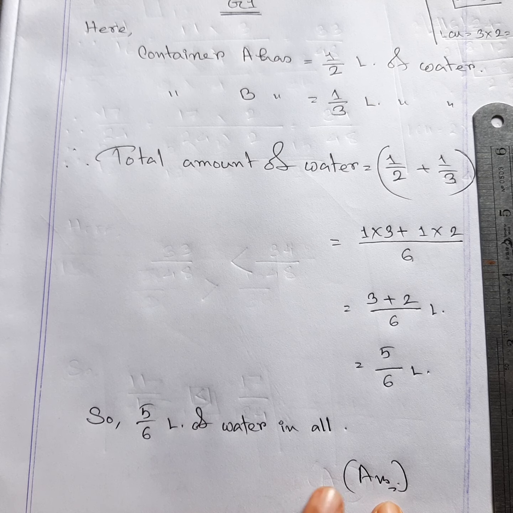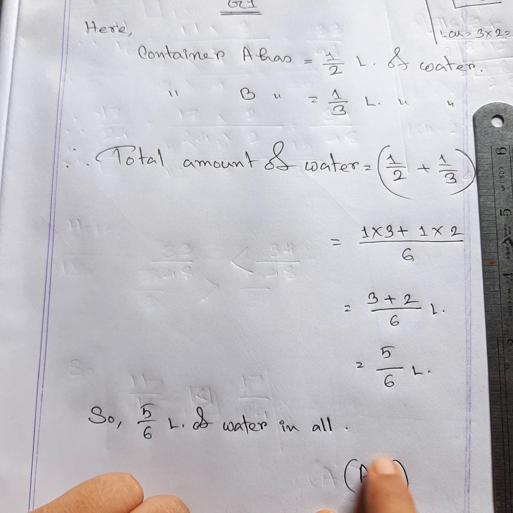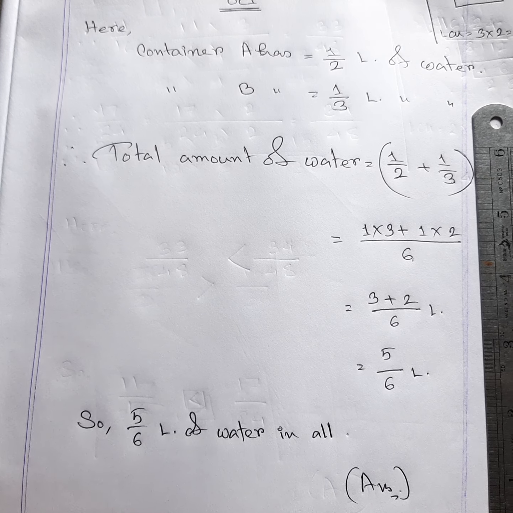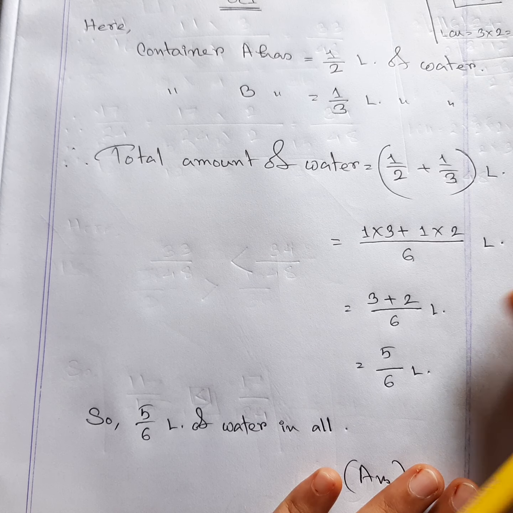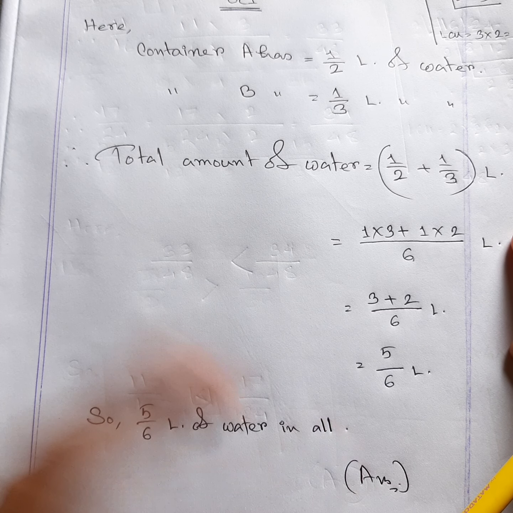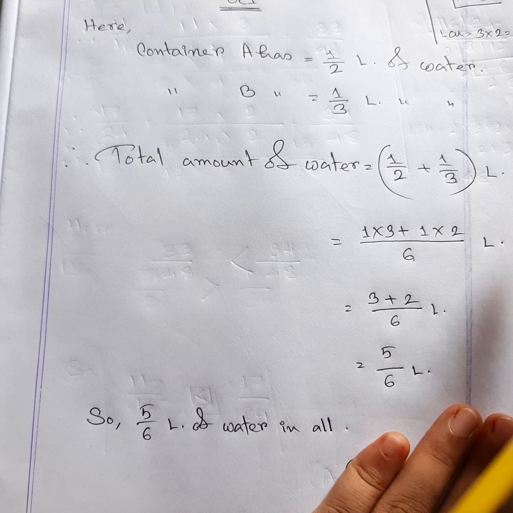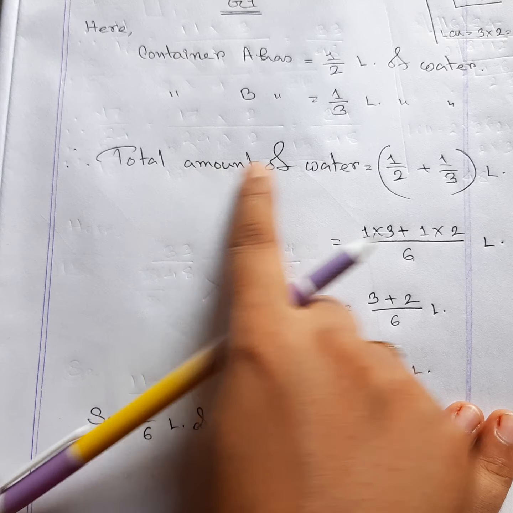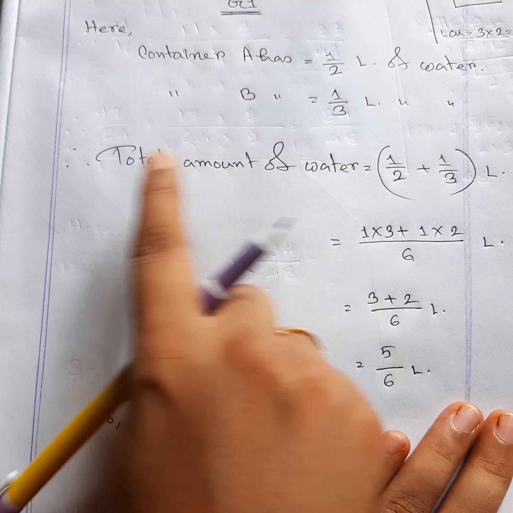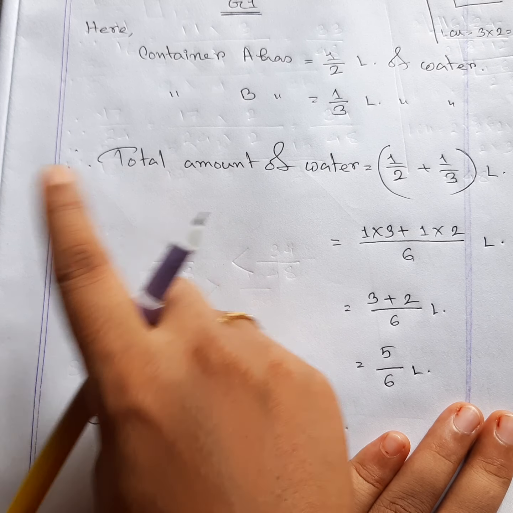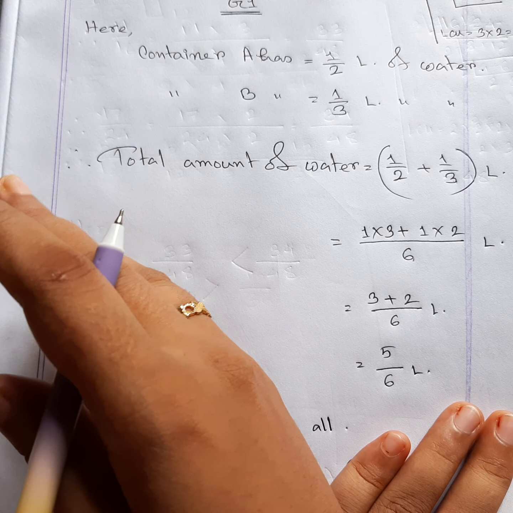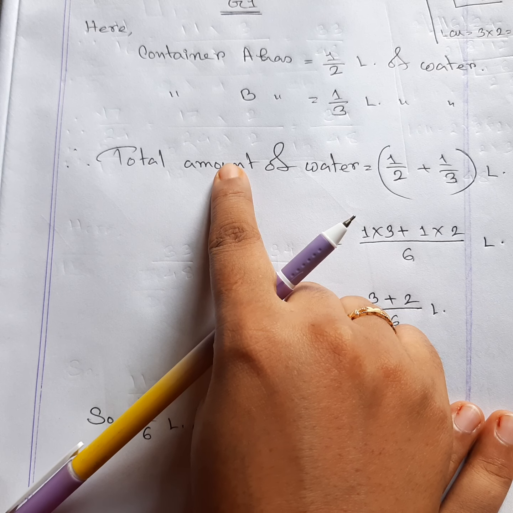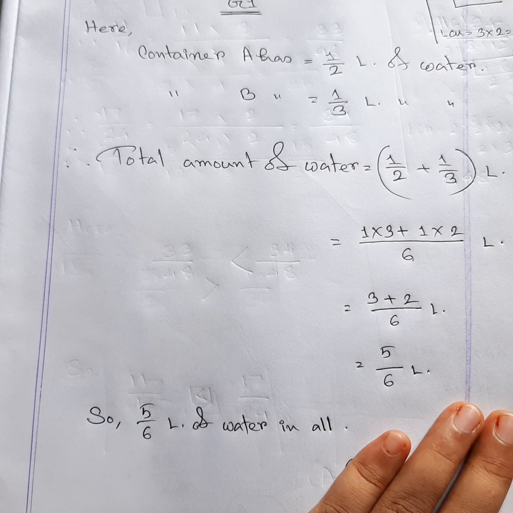If you write the "so" line, you don't have to write down another thing, you just write down this answer and give the bracket over here. That's it, nothing else. You don't have to write again and again and again. We don't want it. If you are writing the "so" line, just write the answer like this. And you can also write just "total" equals that and that addition part. You can skip that line, amount of water. You can just write down the total, or if they are asking for the difference, just "difference" also. Just optional. These three words are optional. Don't get worried about it.